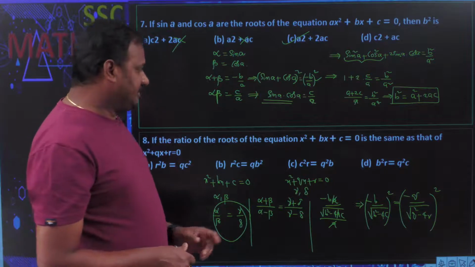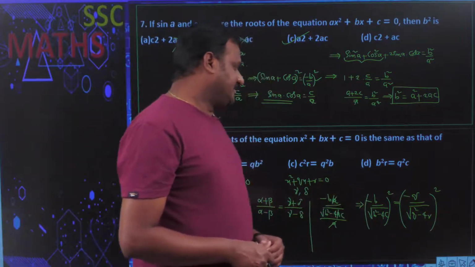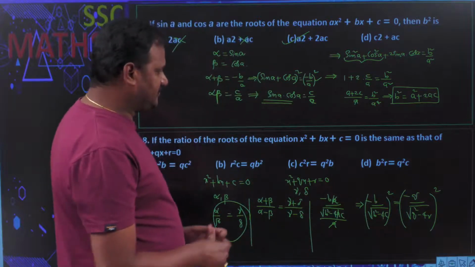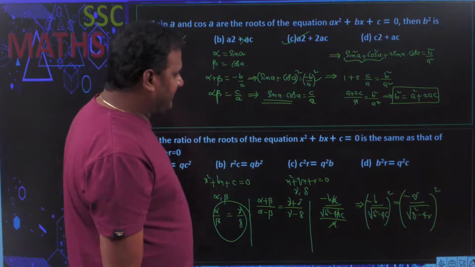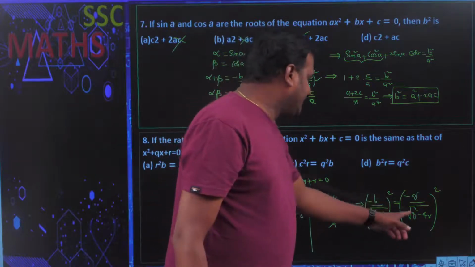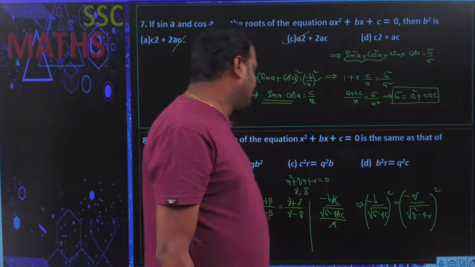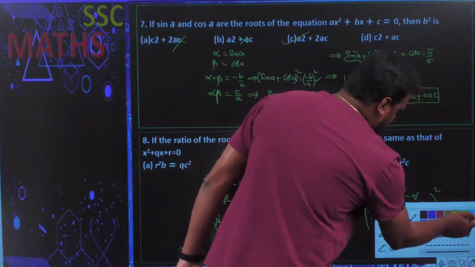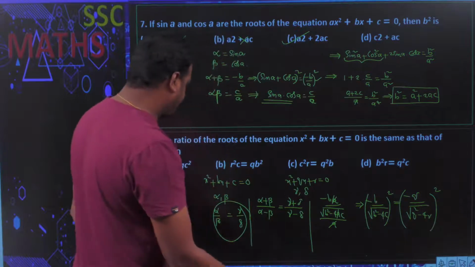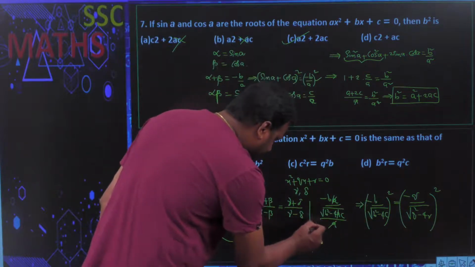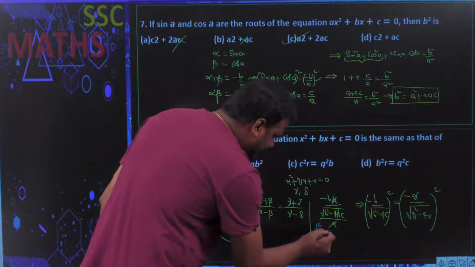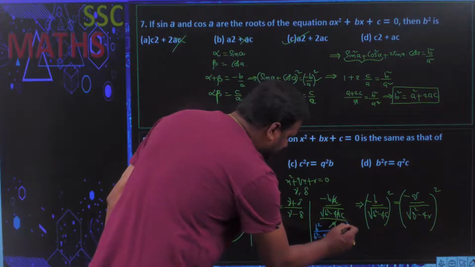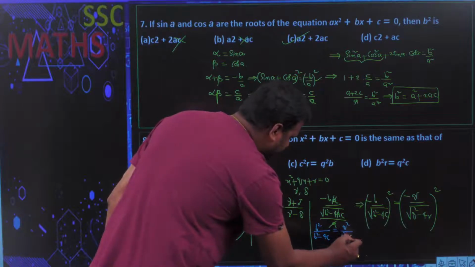You understand? So here minus b by root over b square minus 4c whole square is equal to minus q by root over q square minus 4r whole square. So then when you multiply them, here minus b means b square into q square, and here b square into q square will get cancelled. You just observe what I am going to do: minus b whole square is equal to b square divided by, square root cancel, remaining b square minus 4c is equal to q square divided by q square minus 4r.